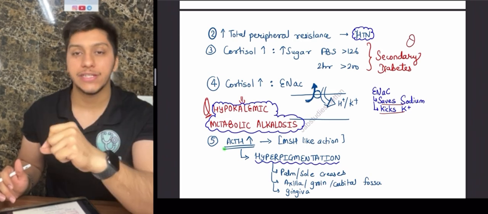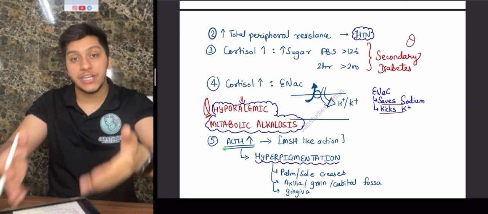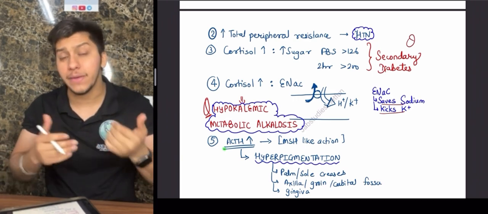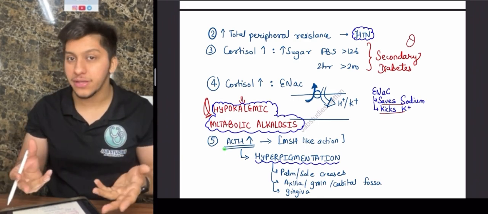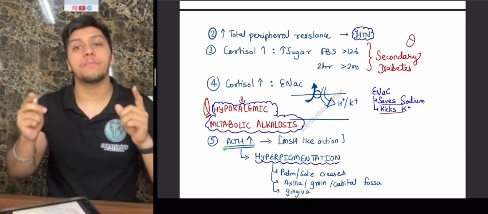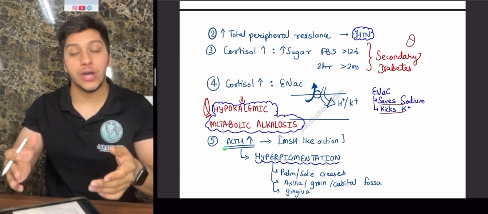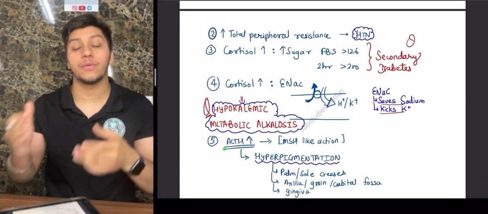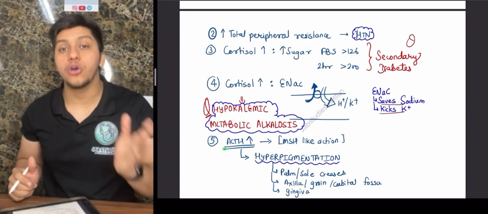So what do ENaC channels do? They basically cause intake of water and sodium. Because sodium is now coming inside, hypertension is going to be there. But potassium and protons, which is H plus, are going out. That is why people suffering from Cushing syndrome will also suffer from a metabolic condition, that is hypokalemic